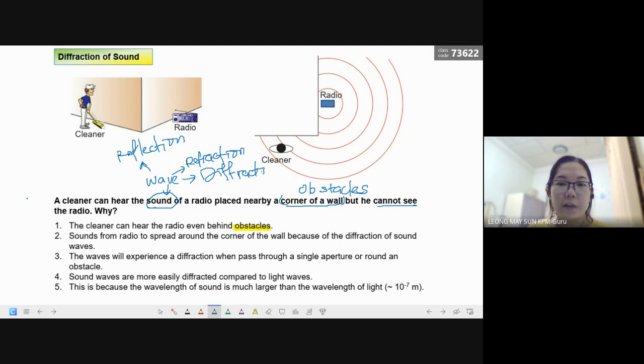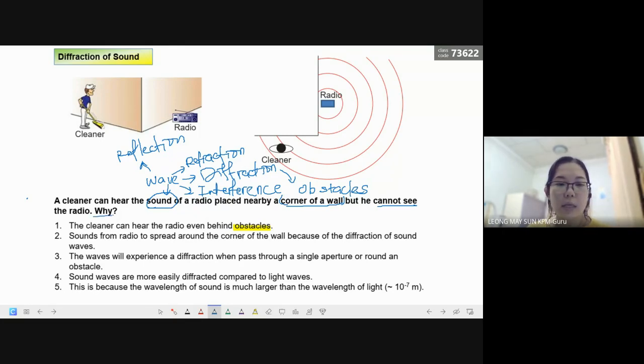Diffraction is actually when a wave reaches an obstacle, the wave can actually propagate to places that it's supposed to be blocked. So that's diffraction. What we're going to answer today is actually interference. Interference is a very, very obvious difference compared to the other three. Later on, you will know. So this question here is an obvious diffraction question.